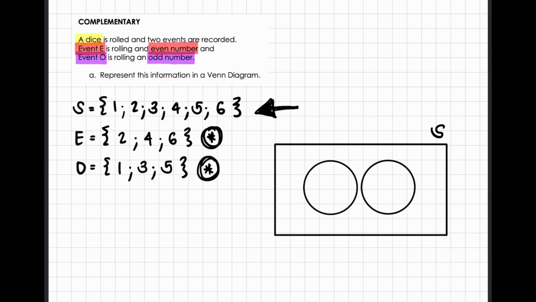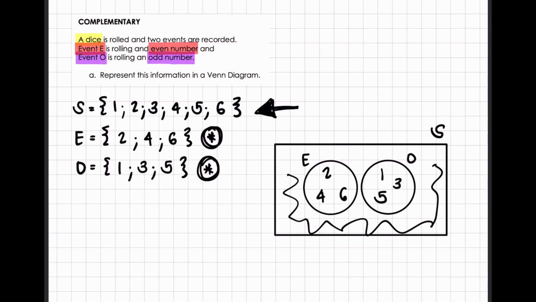There aren't values that they have in common, which means that I'm going to have two separate circles. So the one circle will be called E, for event E, and the other event O. In event E, I'm going to put my values 2, 4, and 6, and for event O, 1, 3, and 5. And as you can see, there won't be anything left over for the sample space because I've now